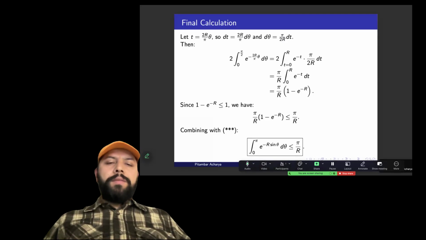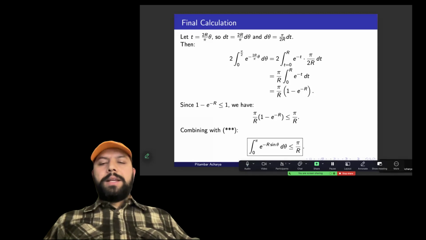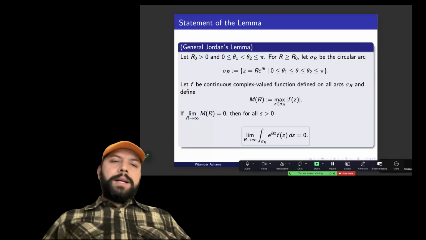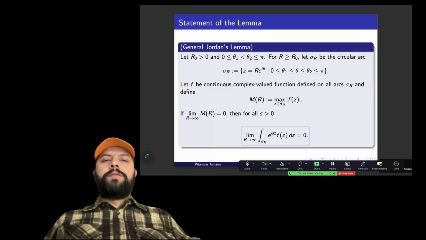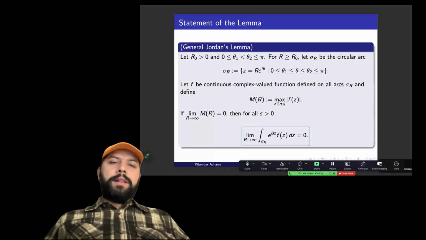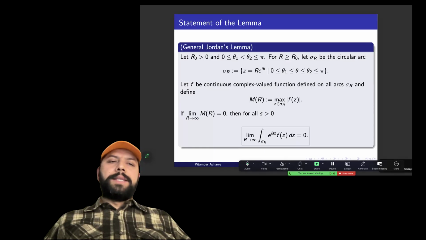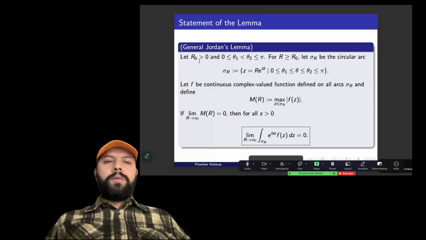So the integral from 0 to pi of e to the negative r sine theta d theta is less than or equal to pi over r. So this is the simple version of Jordan's lemma. So we have the general Jordan's lemma, which is very useful while solving infinite integrals in complex analysis. So the statement is: when we have R0, a positive number,